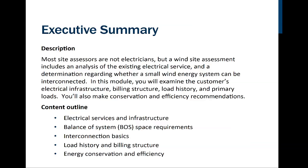And as an outline, these are the things we'll be covering in this topic. We'll talk about what electrical services are and what infrastructure is. We'll refer to the equipment that connects the turbine to this system as the balance of the system. We'll learn about what interconnection is and how it's done. We'll talk about load history, and we can get that through the utility bill. And we'll talk about the billing structure and some options that may or may not have been considered. And of course, as usual, we'll always talk about energy